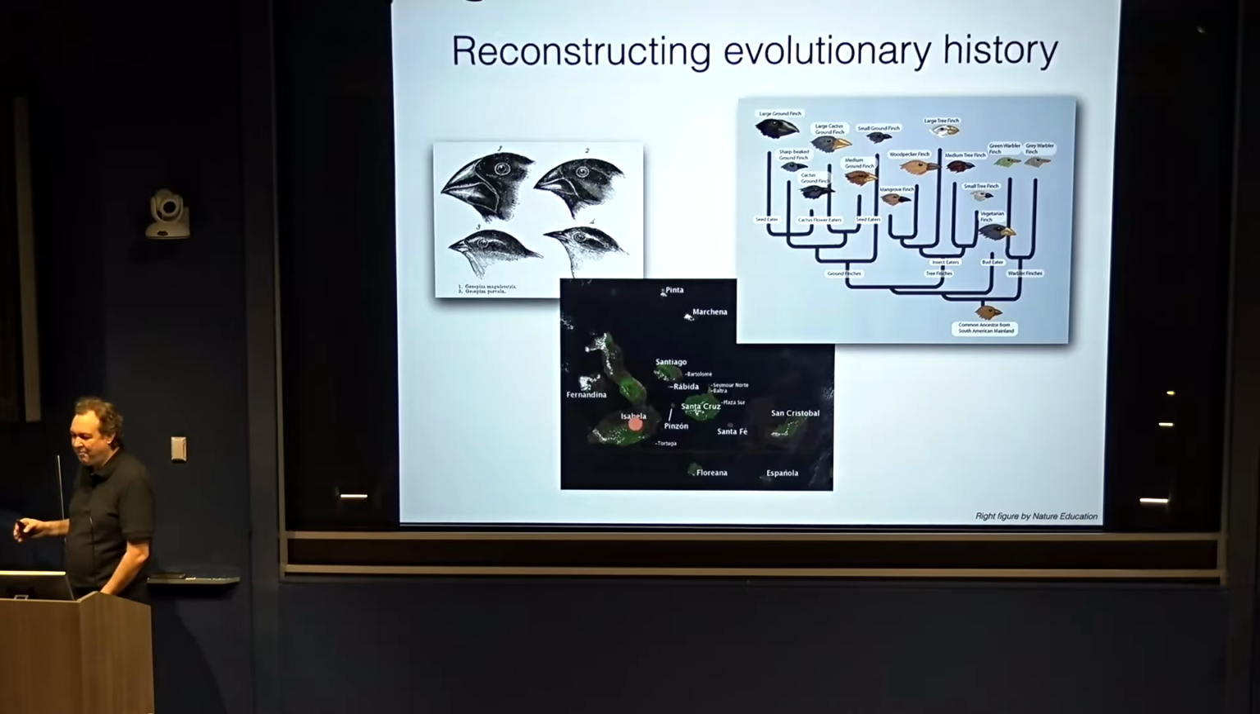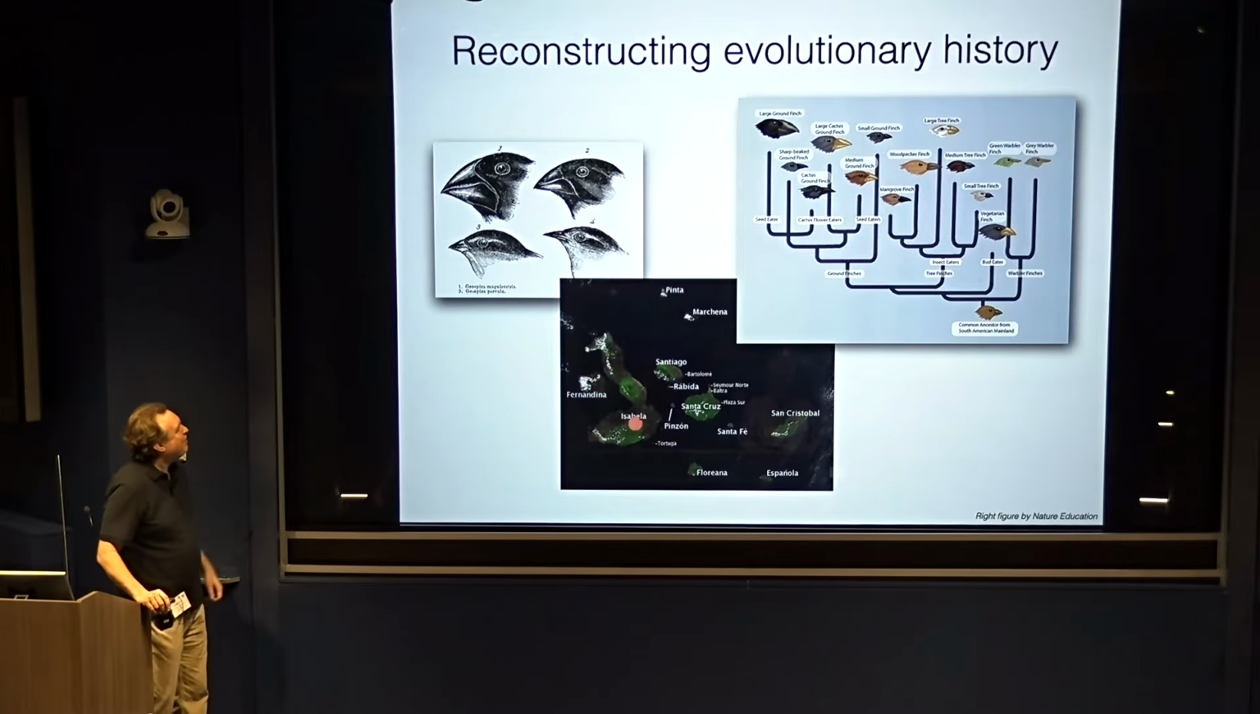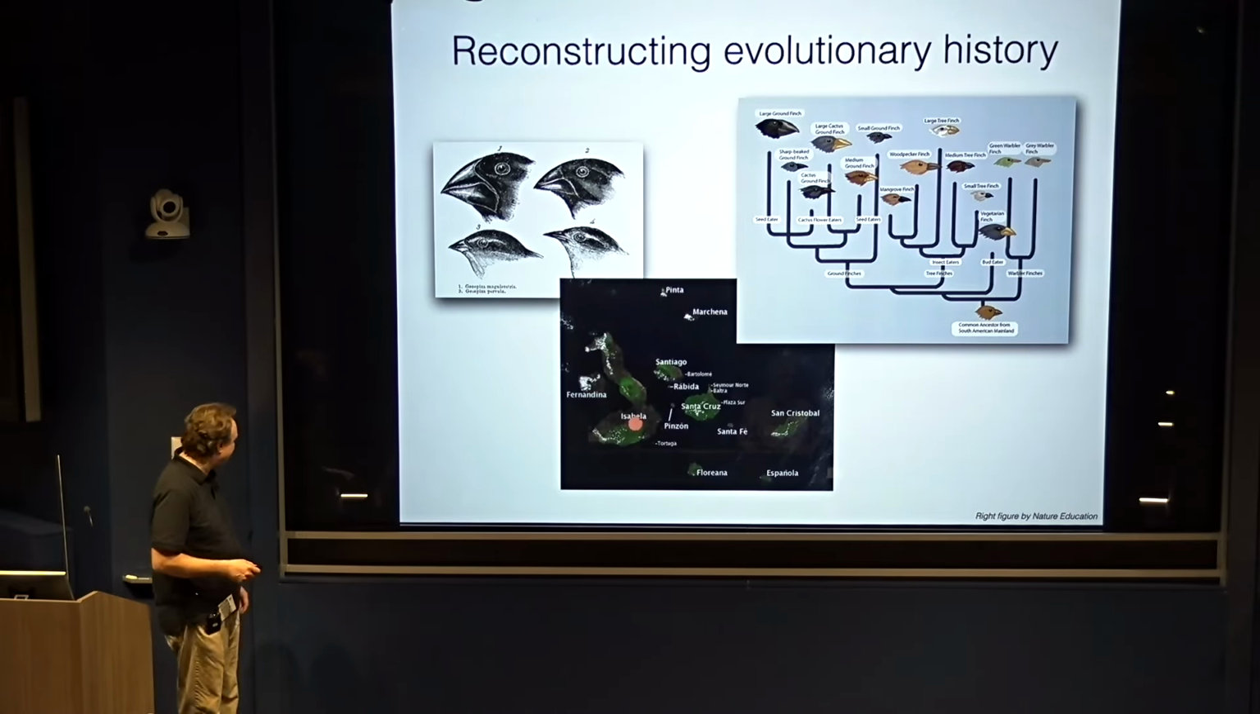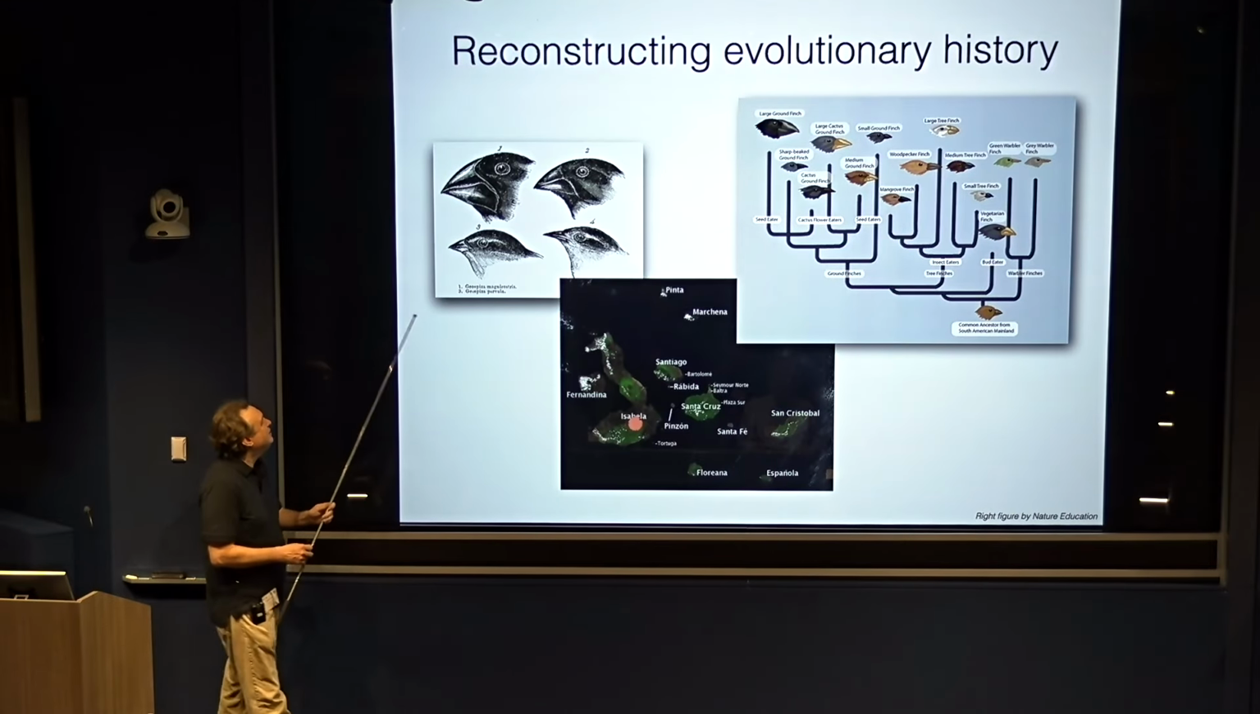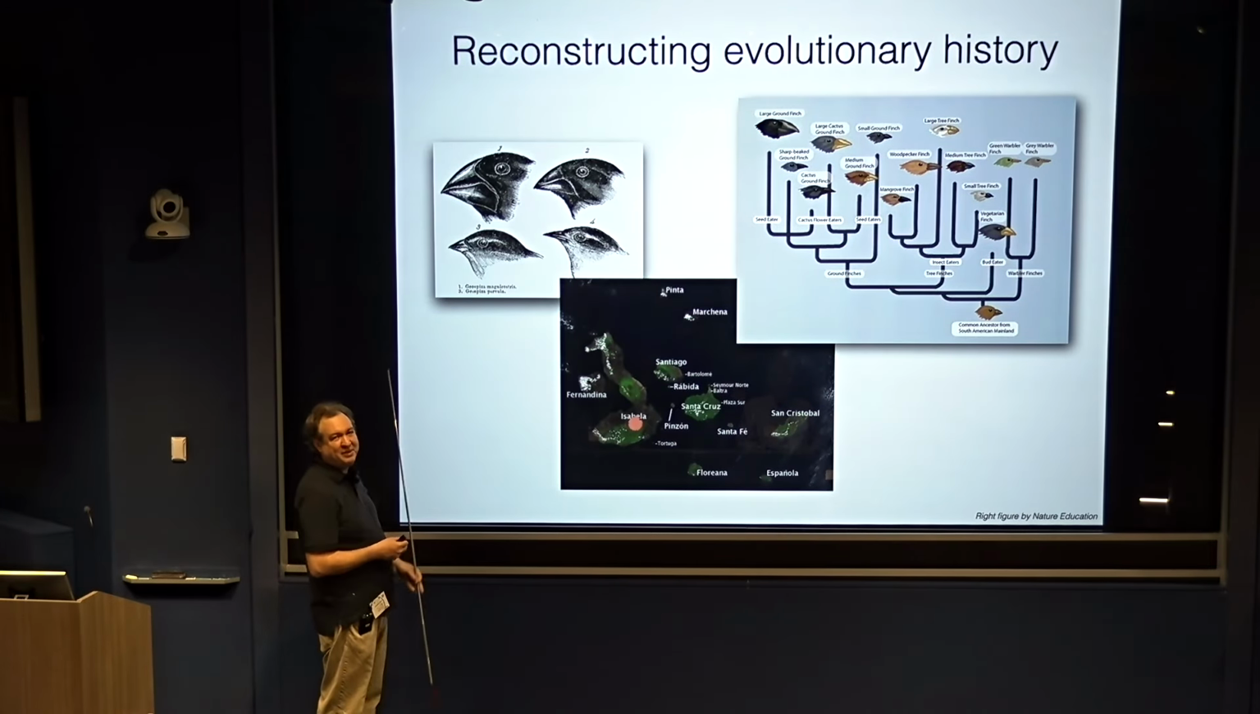The basic problem that we want to solve is the following. I'm sure that many of you are familiar with it. We have a bunch of species, say these are Darwin's finches. These are Darwin's finches, and the way that they've evolved, maybe the cartoon version of it, is there was